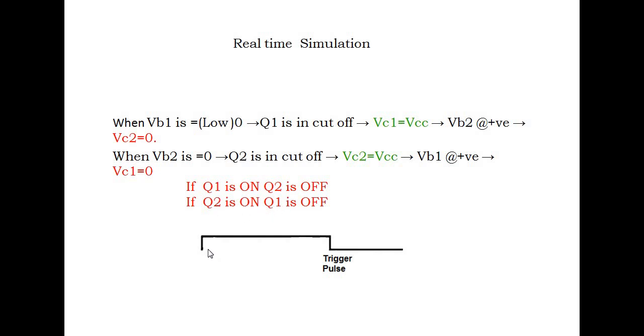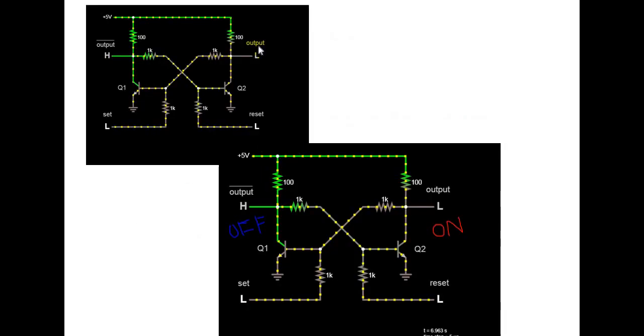So initially, if you assume the output of this bistable multivibrator is high, when we apply the triggering pulse, it becomes low. When and only when we apply the triggering pulse, the output changes, right? How to change this low output to high? Again we are supposed to apply triggering. So we are supposed to apply triggering two times here. If you would like to convert from high to low, we apply triggering. In a similar fashion, we apply triggering if we would like to change from low to high, right? This is what our circuit is.